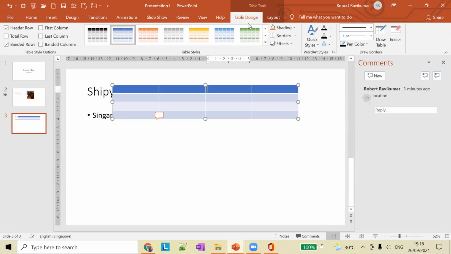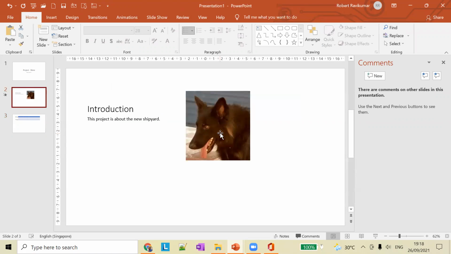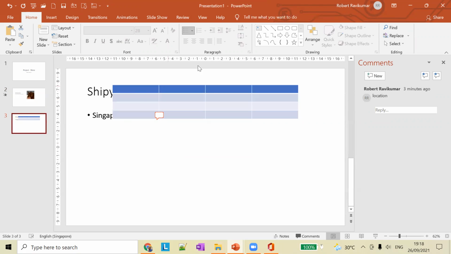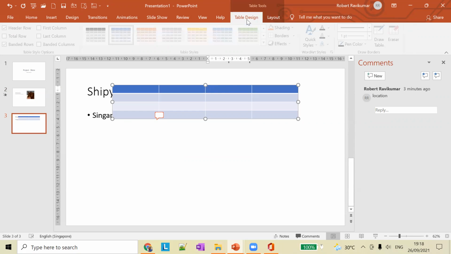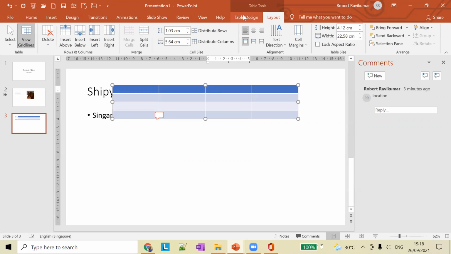When you click a picture, it shows the Picture Format toolbar. Whenever you click a table, it adds the table tools. There are two table tools, which are Table Design and Table Layout. All these toolbars are related to the table, so it adds two toolbars for the table.